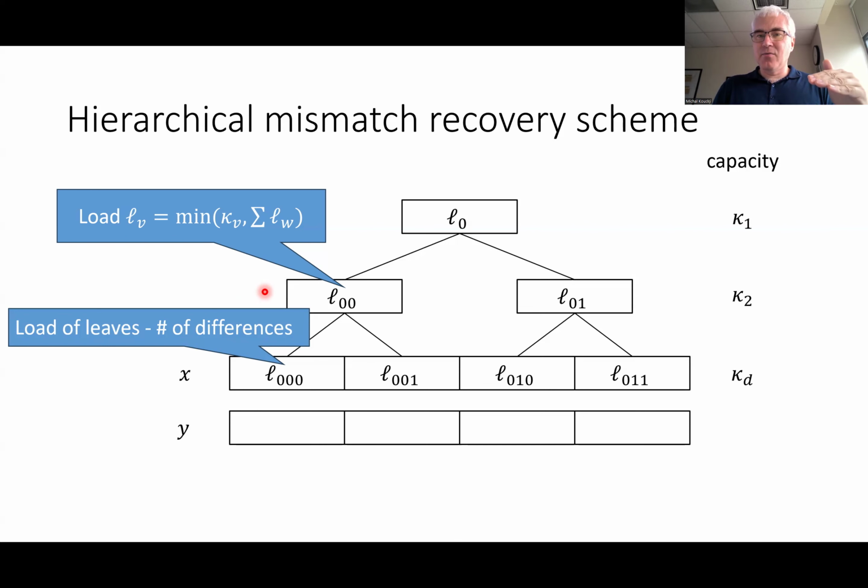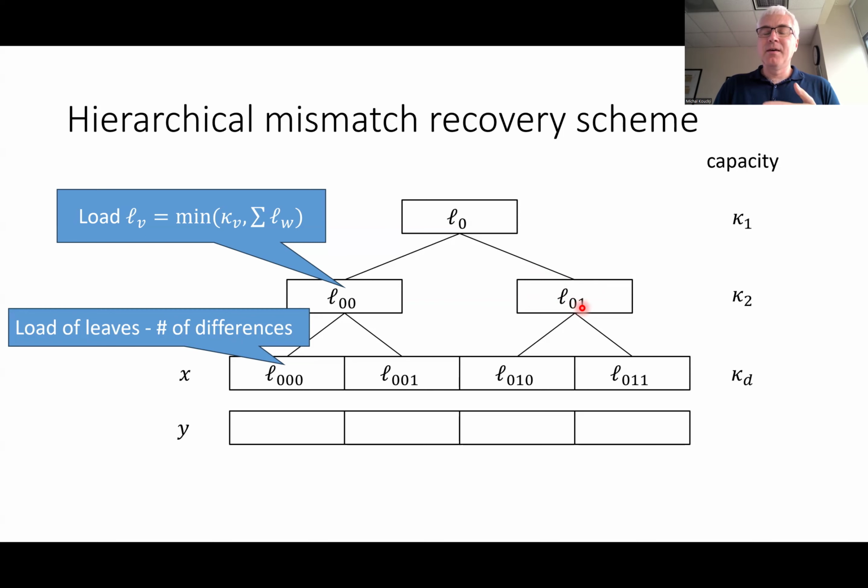So what effect does capping actually have? If there are too many errors below that node, they are capped at the capacity. But if it's below capacity, they are propagated above. Now in this tree, we can identify nodes which pass through nodes that don't contain too many errors. We say a node is overloaded if its load is a substantial fraction of its capacity, so K over D in particular. If its load is more than kappa over D, where kappa is its capacity, then we say the node